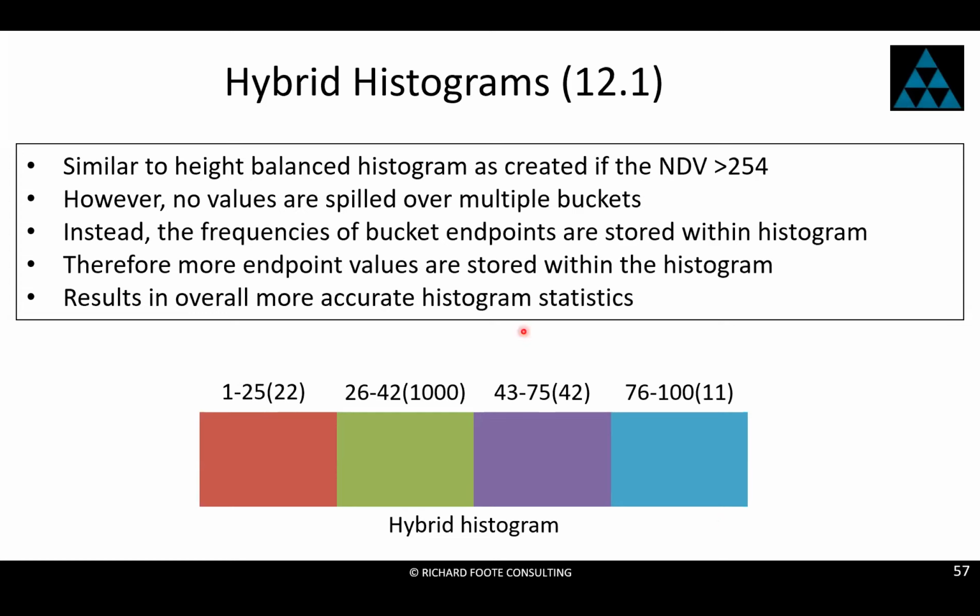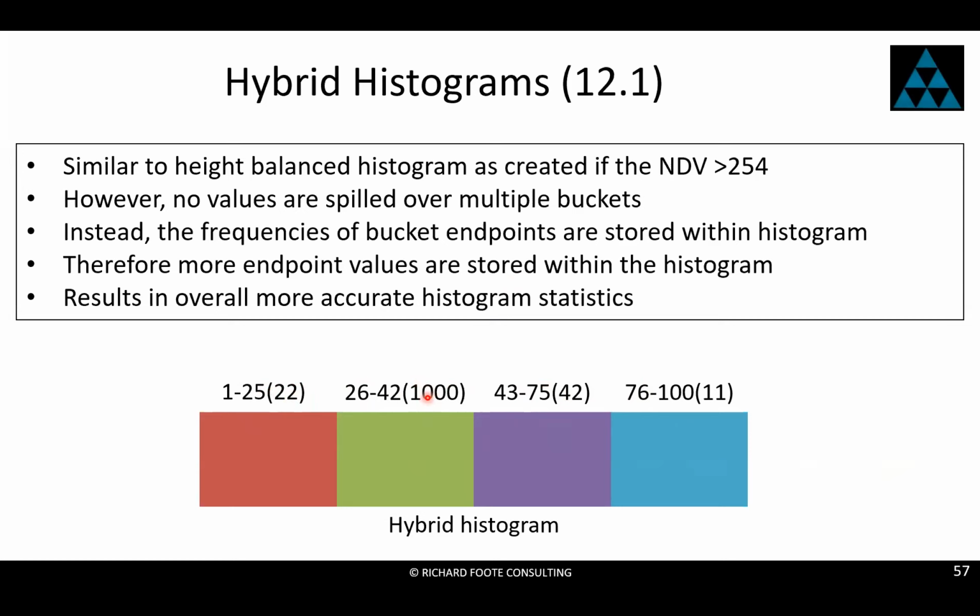So what Oracle does, it's similar to height balanced, but it will not allow a particular value to spill over into multiple buckets because that kind of wastes my buckets. So what I'm going to do now is keep a count of the last value. How frequent was that last value? So that way I get the